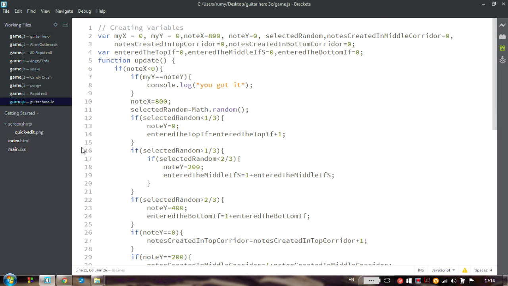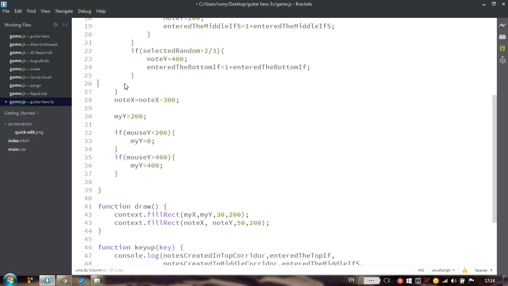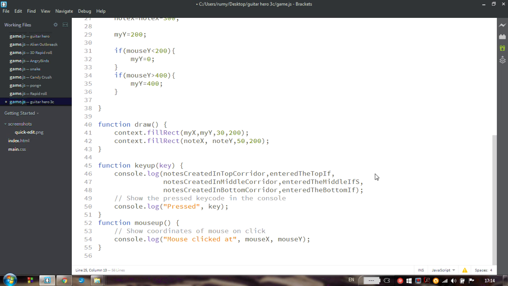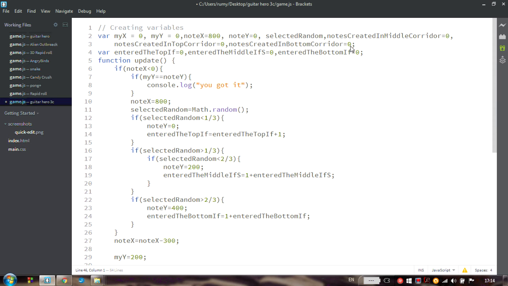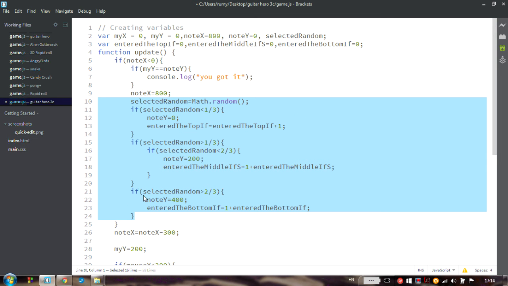and I can just be happy with it and forget all about it and delete a lot of testing code. For example, delete this. I want my code to be small and simple again, and delete this console log, and delete all of those statistical variables. I will keep selectedRandom because this is a variable that actually is the solution of my problem, and I can now be happy with my code. So you can keep this code,